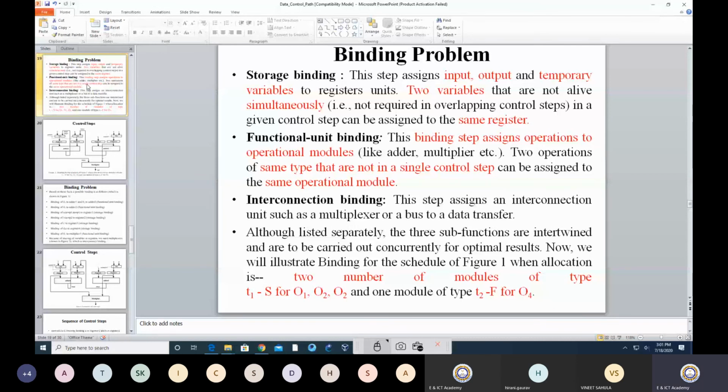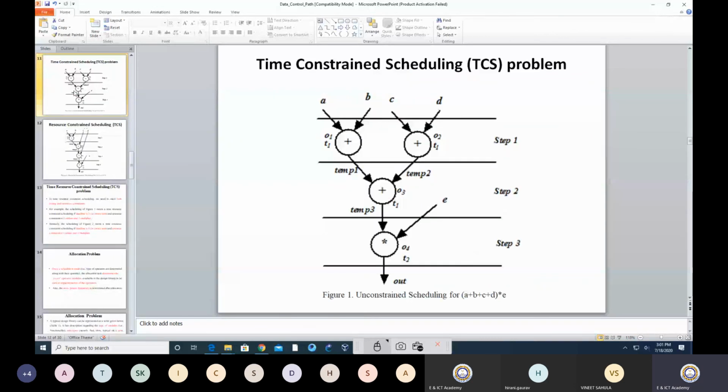Now, if you go back to our scheduling, we will think about the time constraint scheduling problem, and we will try to draw a data part and control part, which should be satisfying the time constraint scheduling optimization problem. Okay, so here if you look at that, how many adders I require for an implementation, I need 2 adders. 2 adders will do, because in time step 1 I require 2 adders. Time step 3 is an adder that I can actually combine with any of the ones I am using in time step 1.